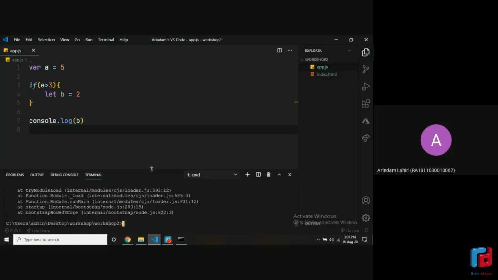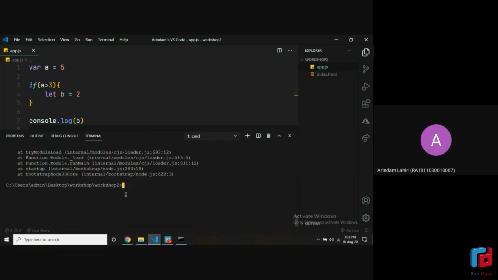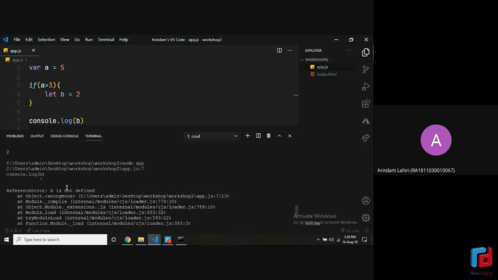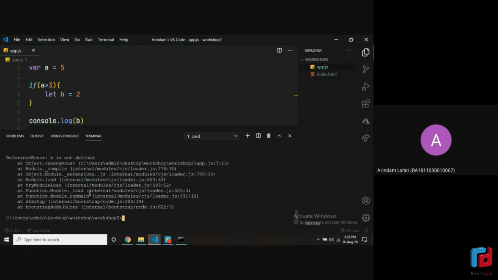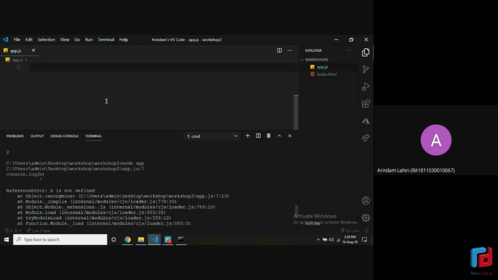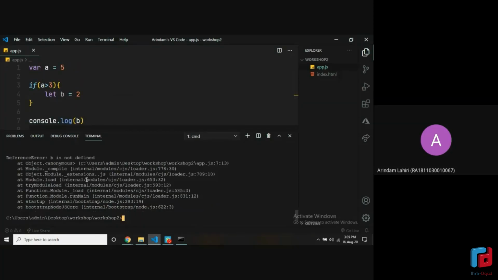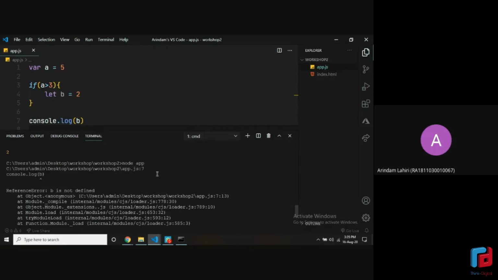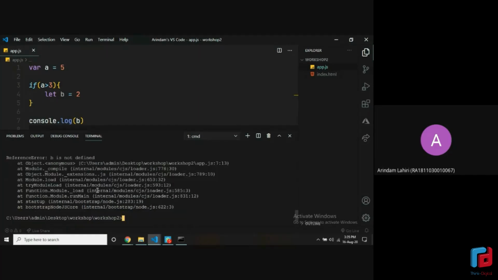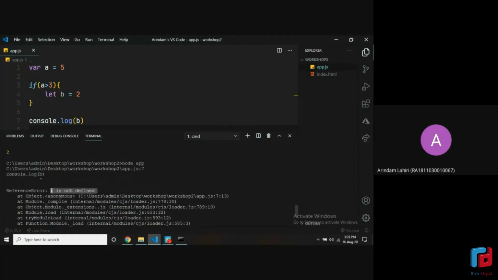We are given an ugly error. One more command prompt tip I would like to give you right now: whenever you get an error in the command prompt that looks ugly, with like 10 lines of error when we don't even have 10 lines of code, we have 7 lines of code with some spaces, what you do in such a situation is scroll up, and just 2 or 3 lines below where you run the function, you will get the name of the error and the main message. Just focus on this. You can ignore the other parts for now. It doesn't matter. So it says b is not defined.